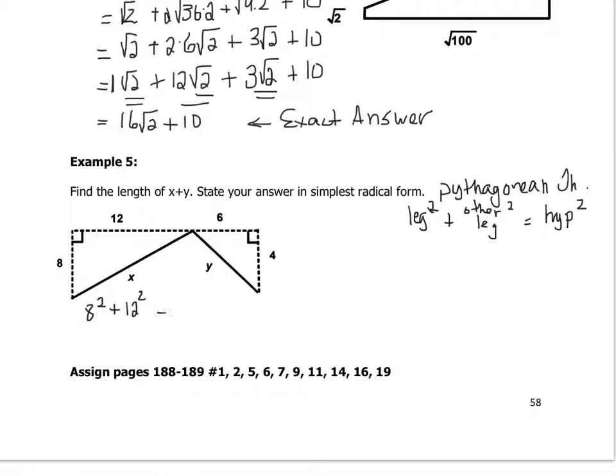So 8 squared plus 12 squared equals x squared, and that's 64 plus 144 equals x squared, and that's going to be 208. Yep, 208 equals x squared. And then I'm just going to write x squared equals 208 this way. So if we take the square root of both sides,